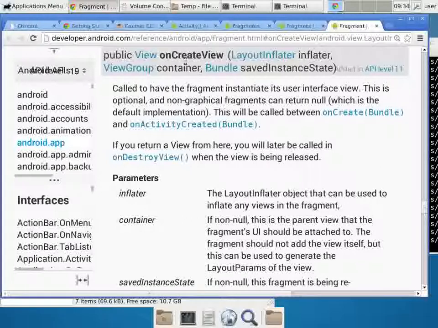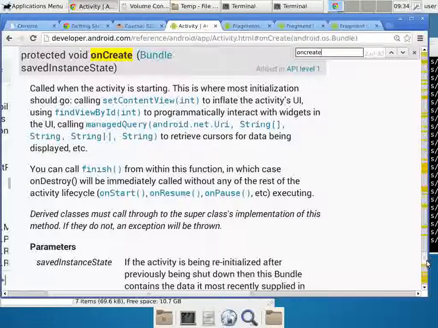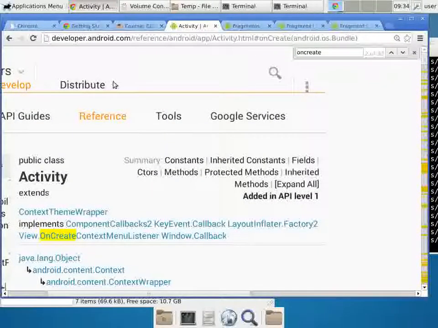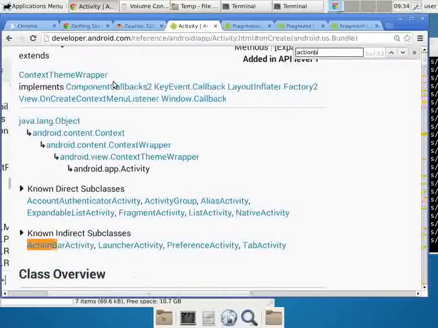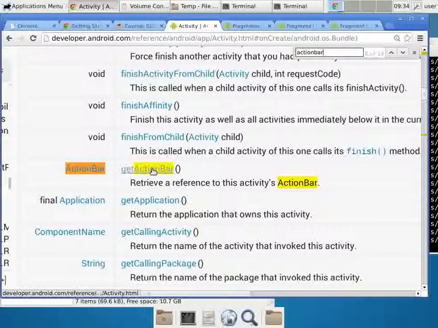It cannot be inside the fragment because the fragments do not know about the action bar. The action bar belongs to the activity itself. So when we go back to the activity, let's scroll all the way back up here. Okay, so you use this call to retrieve the action bar, and then once you retrieve the action bar, you can set all the different options, but it doesn't take effect until it just displays briefly on screen and